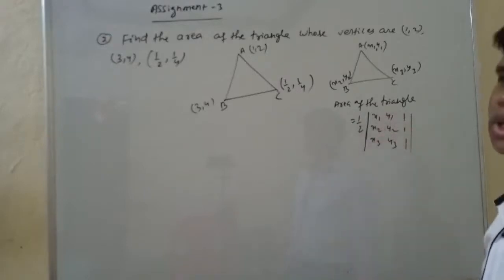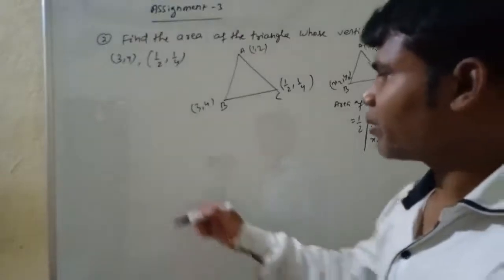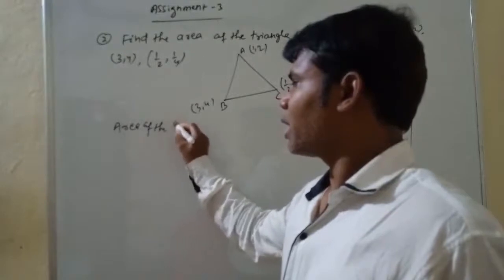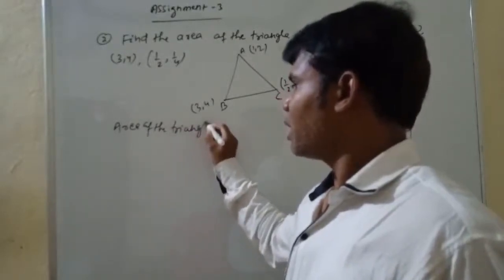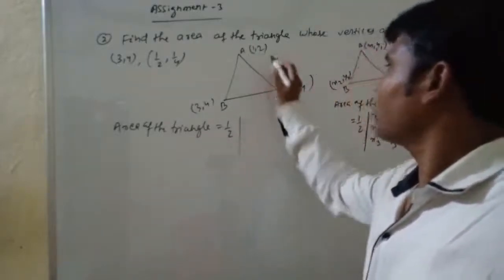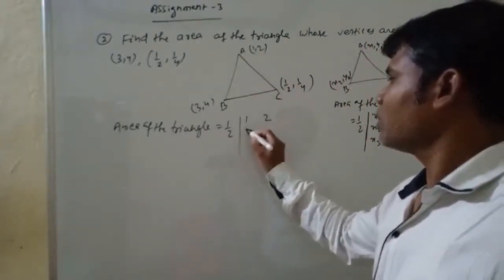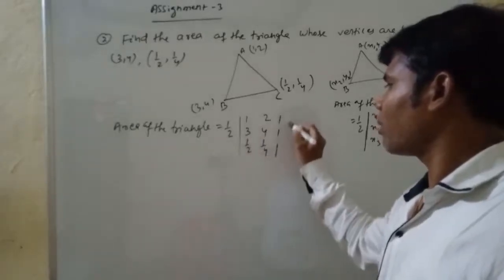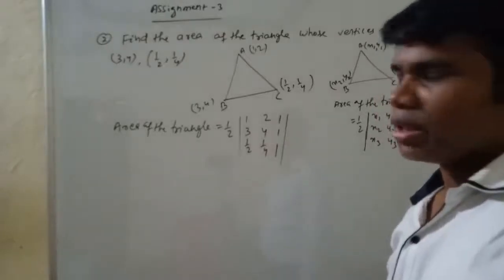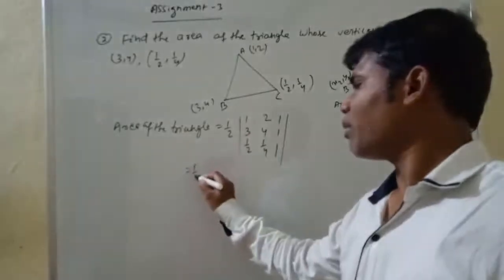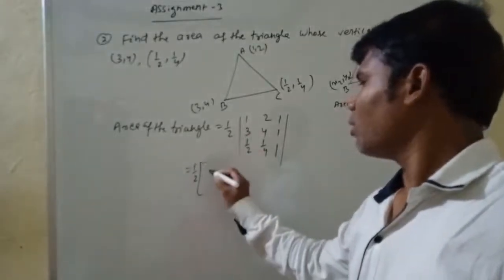Determinant of this is equal to area. So this formula you use here, you can get the area of the triangle ABC. Area of the triangle is equal to half of the determinant with rows x1, y1, 1; that means half of 1 4 1 1 1. Find the determinant, okay.